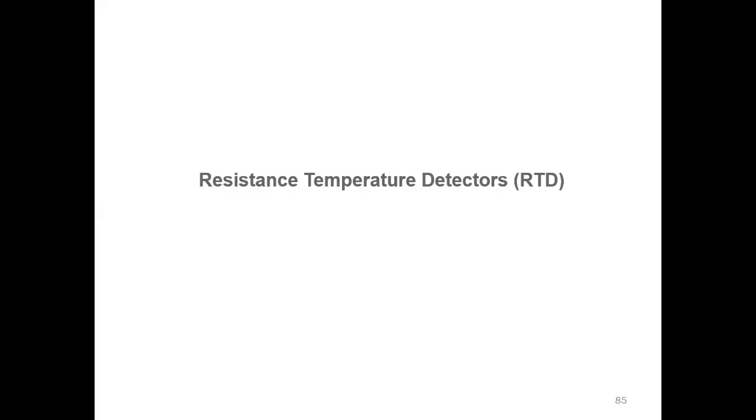Unit number 3, chapter number 4. In unit number 3, that is sensors and actuators used in automotive electronics, last class we discussed different sensors like the air flow sensor, crankshaft sensor, Hall effect sensor and a temperature sensor. In this chapter we are going to discuss resistance temperature detectors. It is one of the temperature sensors which is used in the engine to identify the temperature.